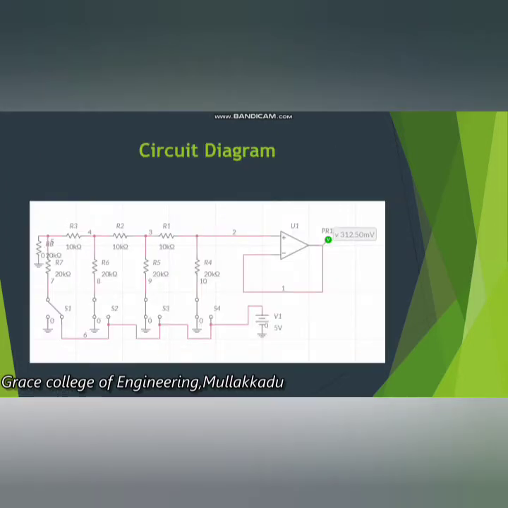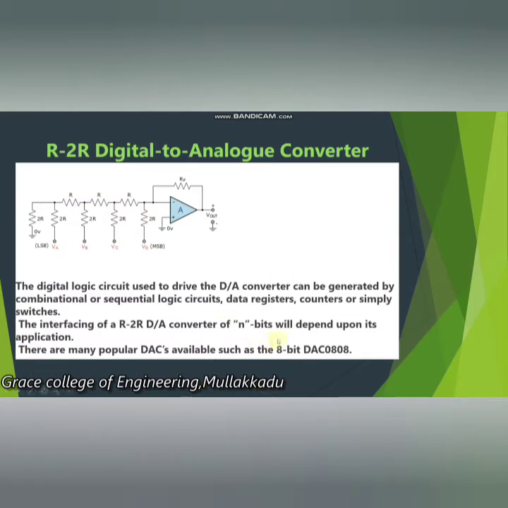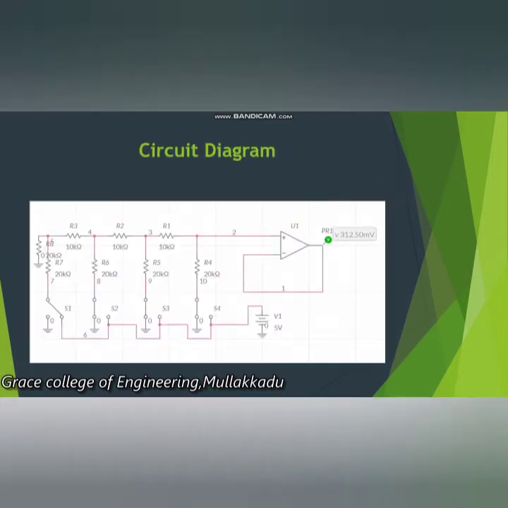There are many popular DACs available, such as the 8-bit DAC 0808. Interfacing this R2R DAC network converter of n bits will depend on the application. Based upon the application, we increase the number of digital input signals we give to this R2R network, and it will provide the corresponding output at the operational amplifier V out pin, that is the 6th pin of the operational amplifier. This is the circuit diagram of the